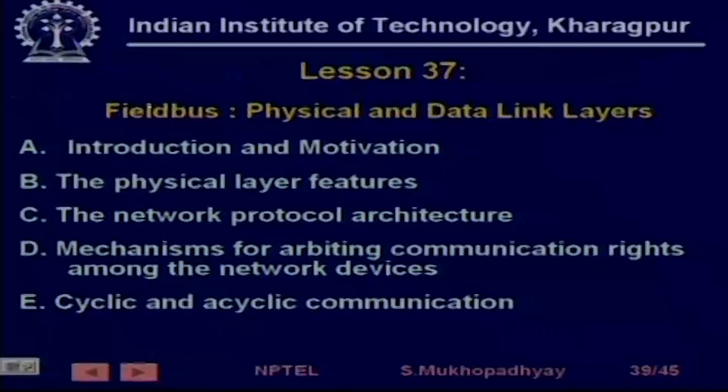So all sorts of benefits can accrue if these intelligent automation devices can be made to communicate. So it is from this concept that now people are saying that these devices all should be on a network. And one of the very emerging and very prominent network standards for the industrial automation market is the field bus. So in this lesson and the next, in lesson number 37, the field bus network protocol was looked at.